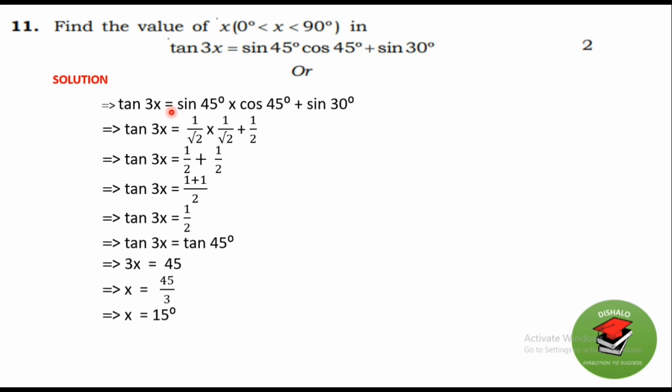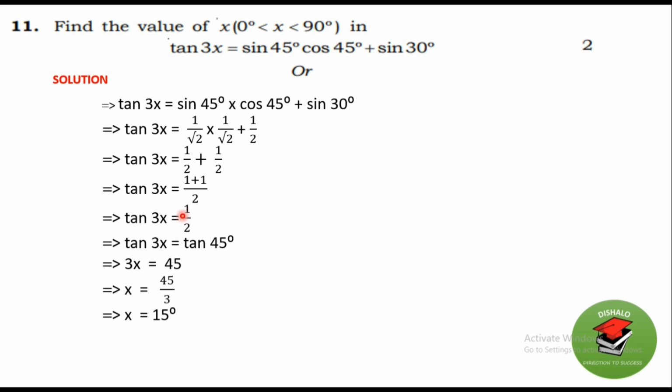So tan 3x equals to sine 45 into cos 45 plus sine 30. So tan 3x equals sine 45 is 1 by root 2, cos 45 is 1 by root 2 and sine 30 is 1 by 2. So tan 3x equals to 1 by 2 plus 1 by 2. Why? Because 1 into 1 is 1, root 2 into root 2 is 2. Okay, plus 1 by 2. So tan of 3x is 2, you take LCM, so 1 plus 1,